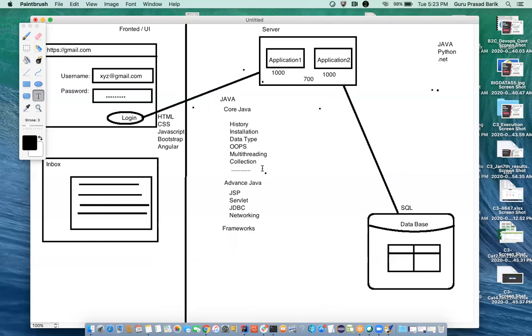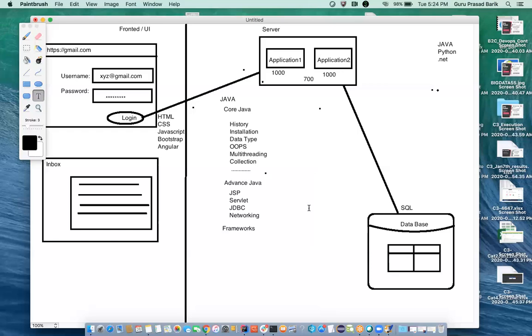You can reuse this semi-finished reusable application for application 1 and application 2. You need not write the 700 lines of code. Using this framework, your application development will be faster. You need not write the 700 lines of code every time. You can use those libraries or APIs present in this framework to develop your application.